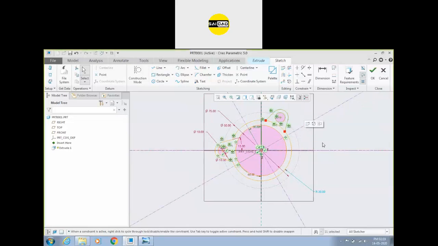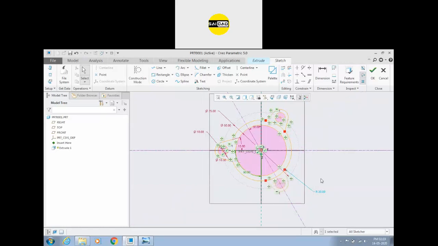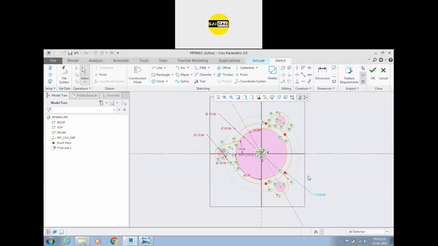Now you have to create another mirror from here. We need this angle to be 60. We needed this to be here.